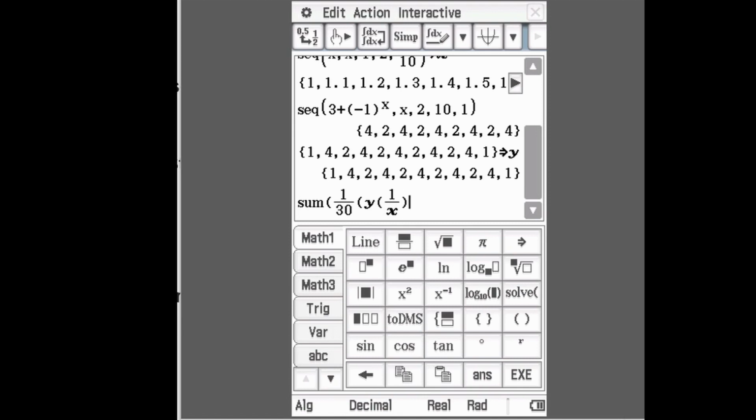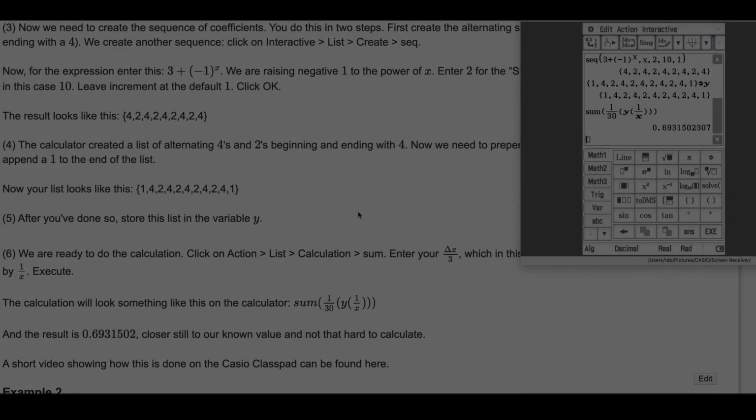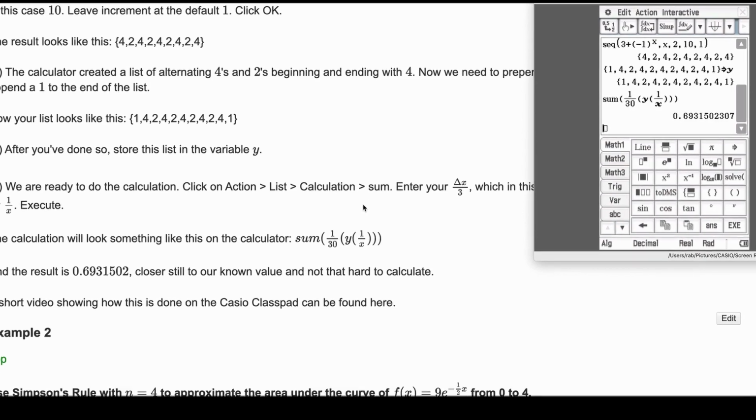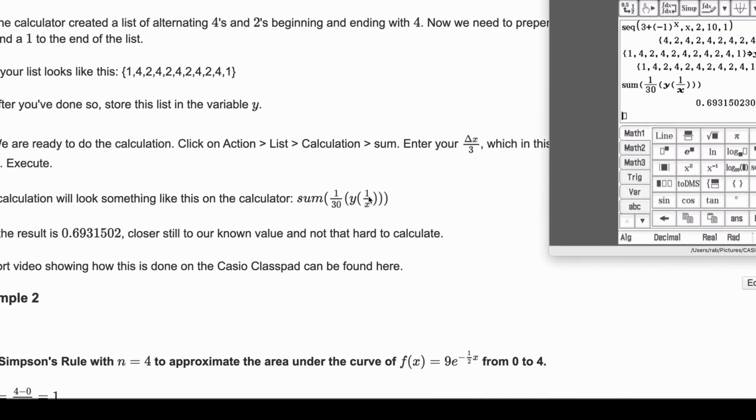Close up our parentheses and hit execute. And we end up with 0.6931502307. That's a very good estimate, and in fact closer to our known value than the estimate we had at n